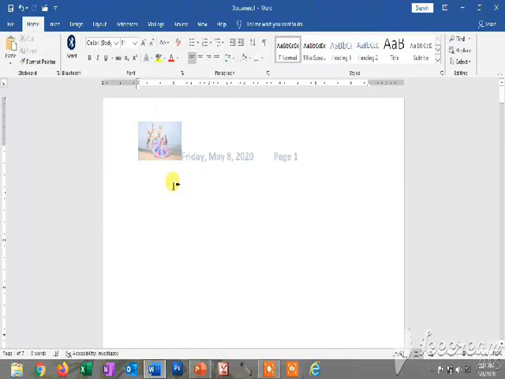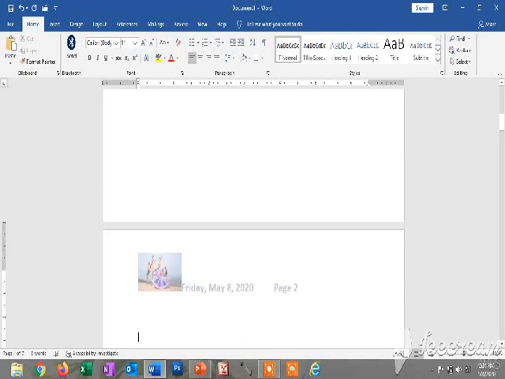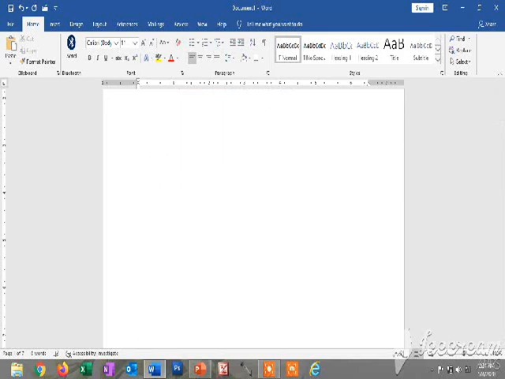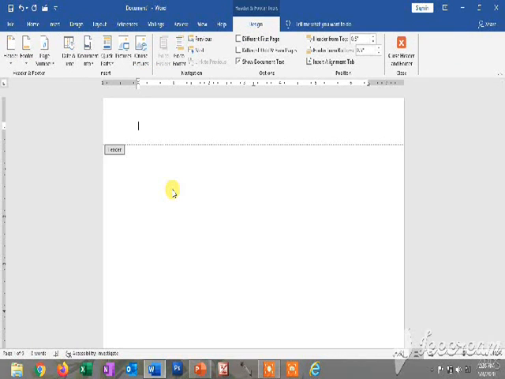This is just like a logo if you want to display in every page. So you can see this image. After inserting, this image is visible in each and every page. So this is the inserting of logo. So you can try all the formats of inserting header, adding automatic page number.